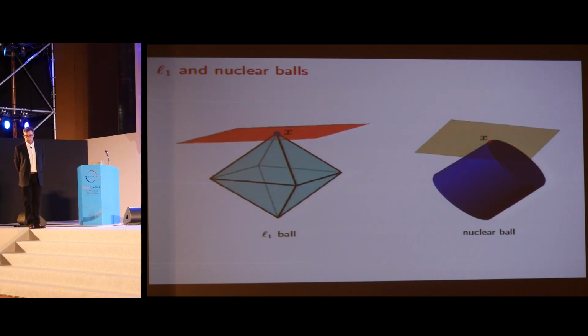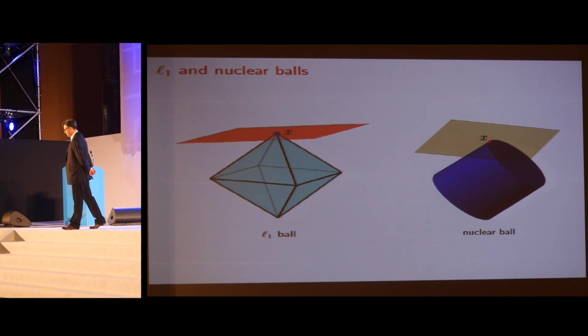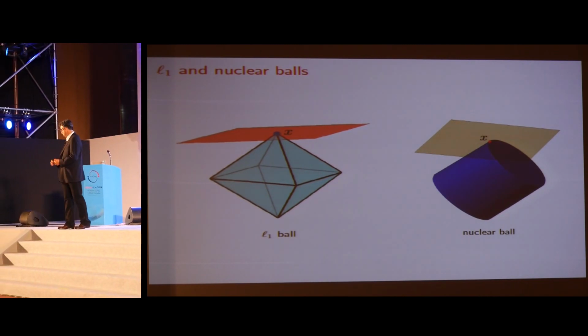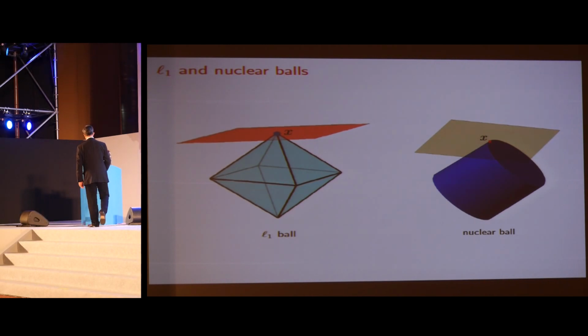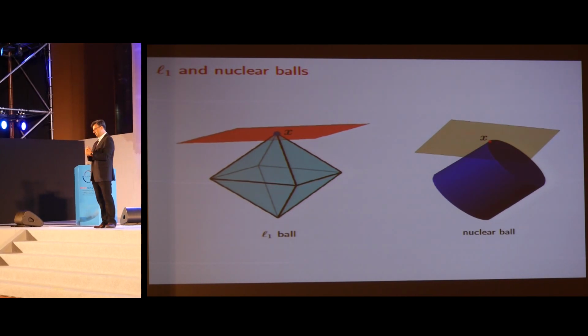What makes everything work really is that we have low complexity objects, sparse objects or low rank objects, and we're using norms to recover these objects that are extremely sharp around these low complexity objects. In 3D here you see the L1 ball, and I have the solution, the blue solution at the top. You see the L1 ball is extremely pointy at the top, and so even though the feasible set is of high dimension, it's possible for the feasible set to be tangent.